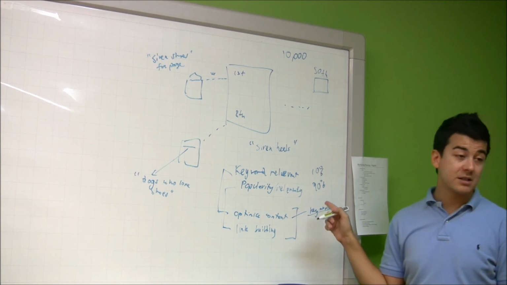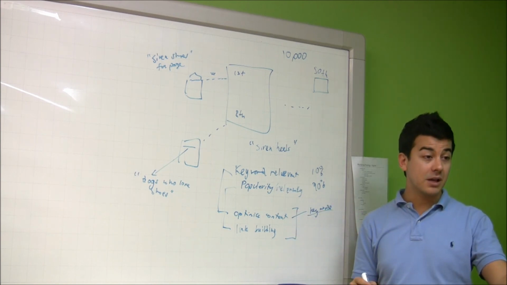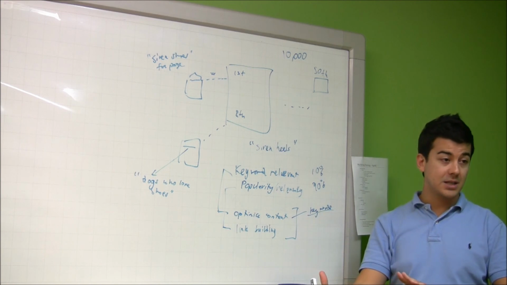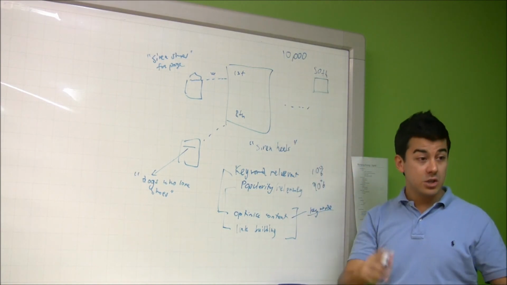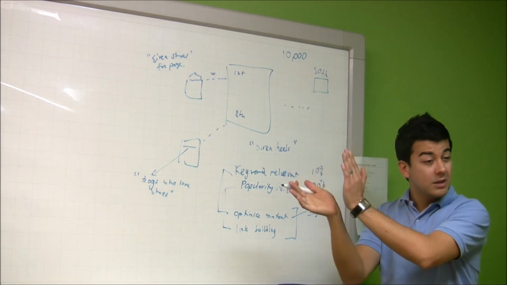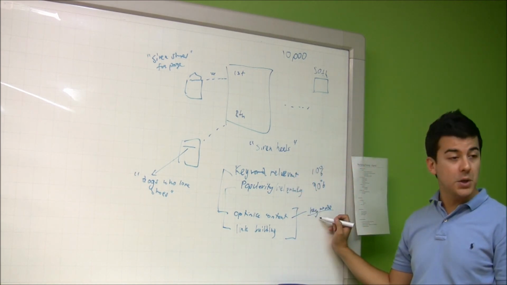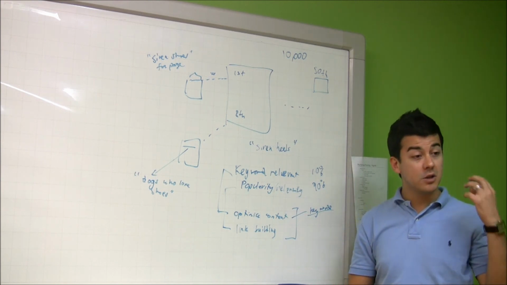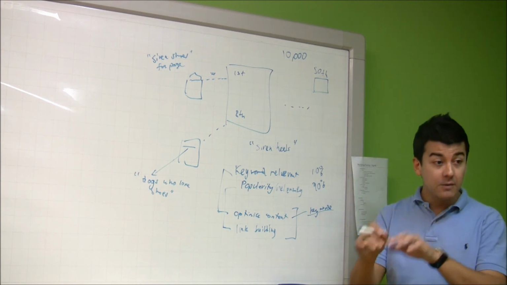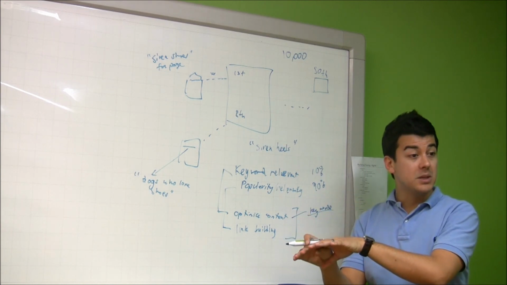One of the great places to find keywords is in your pay-per-click, because if you run pay-per-click campaigns, then you know what keywords work. You remember that report I sent you? It shows you which are the most popular keywords that convert the most business. They're good keywords to use because they're searched for, and they tend to be searched for by people who will actually convert and give you business.